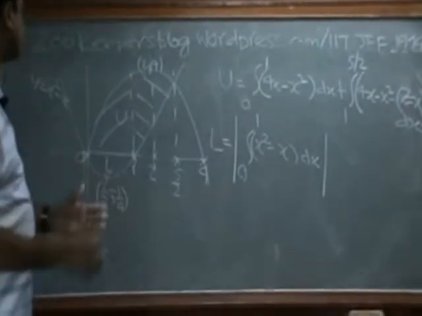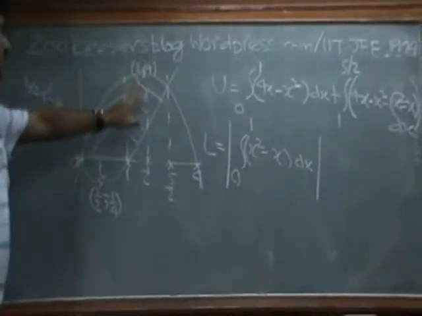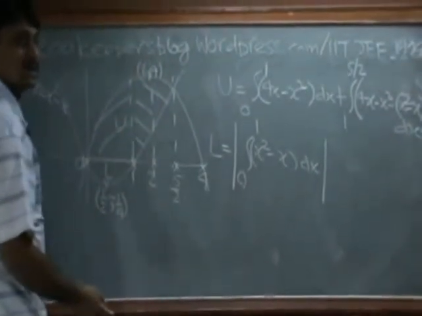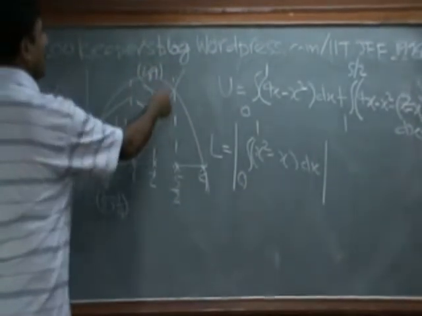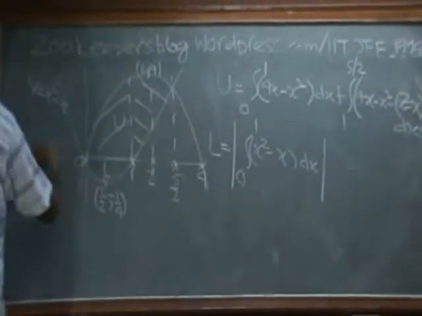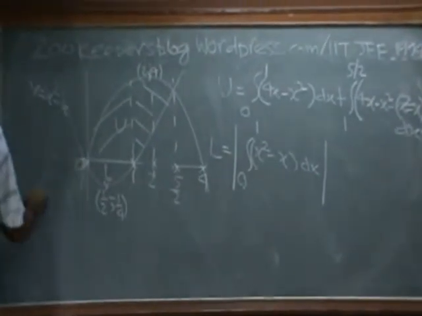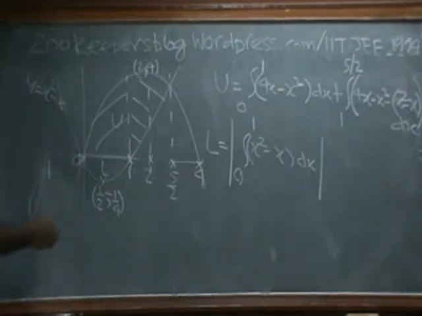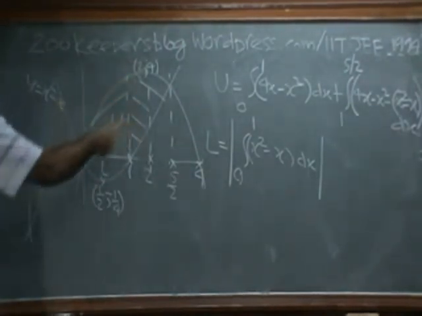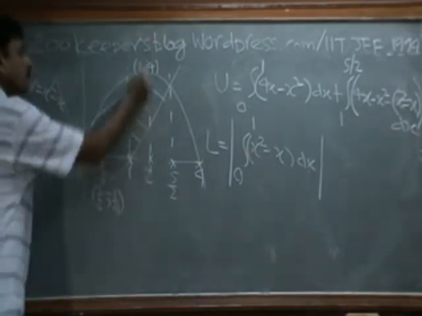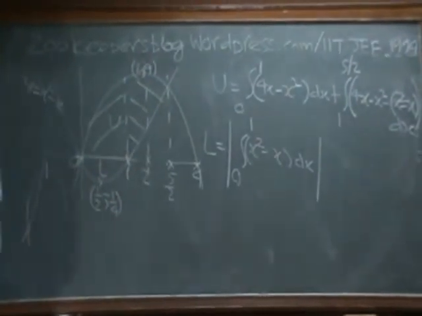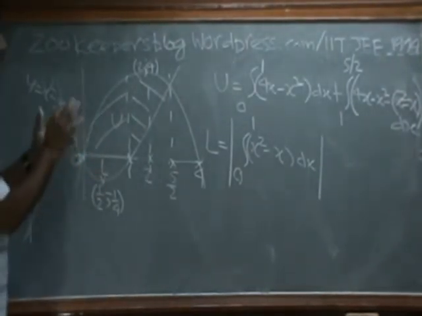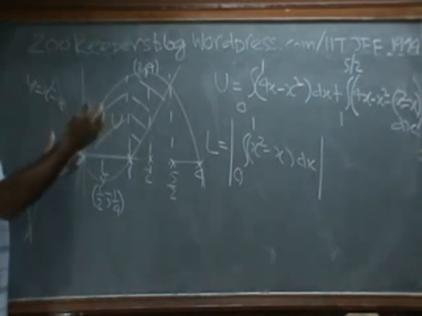Which means, step by step, all that was to find out the vertex and where it hits. Because you need to know whether the vertex is on this side or that side. If the vertex was beyond it, the figure could have been like this, with the vertex here and the curve crossing like this, then you should know where you are going. So the coordinate 2, 4 was not directly used, but it gives us a good idea of what we are doing. Otherwise, we are just in the dark.